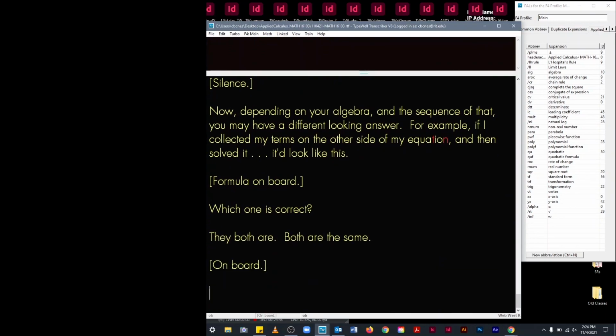All right. So if your answer does not match mine exactly, but all the terms are in the right place, and the only thing off is just a minus where it should be plus and vice versa,